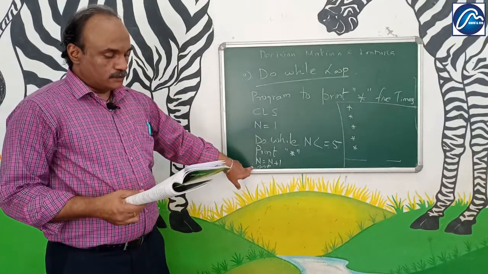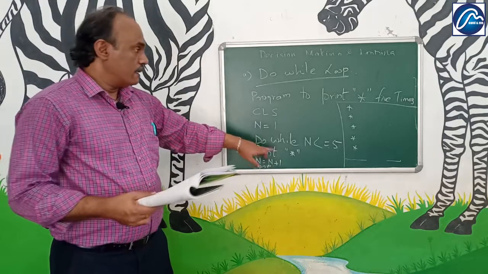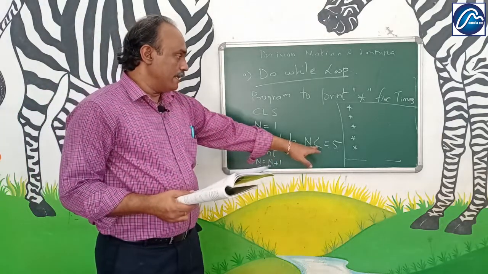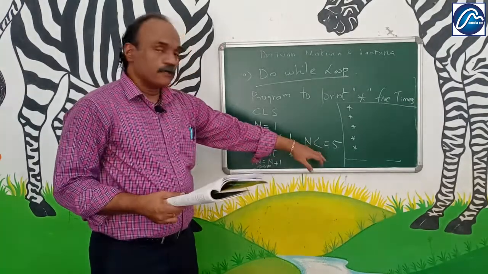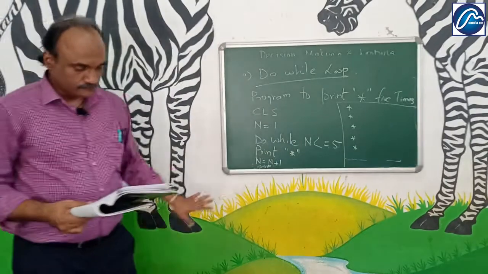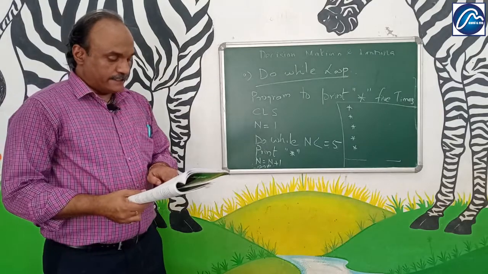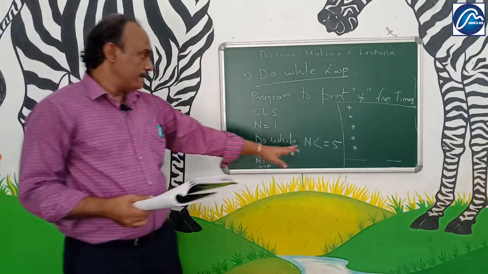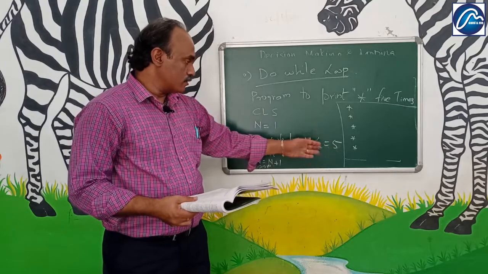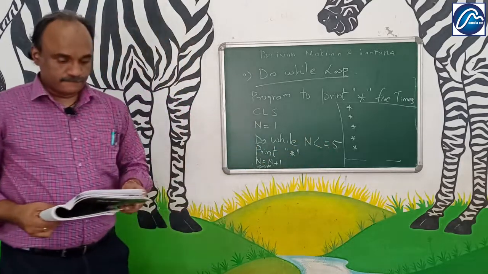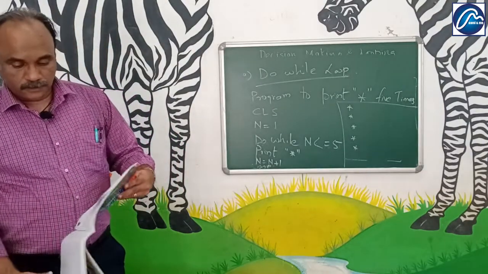Secondly, it returns the control to the do while statement to check if the condition continues to be true or not. What was the condition here to be true? N should have a value less than or equal to 5. If it is not less than or equal to 5, then the condition is false. So it terminates the loop when the test condition becomes false. When it was 6, it checks whether 6 is less than or equal to 5. It is not. So the program ends. While reading itself you will understand the concept.